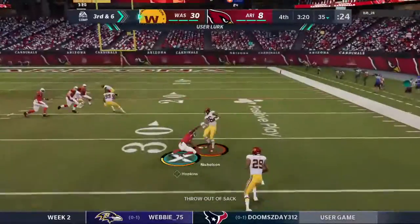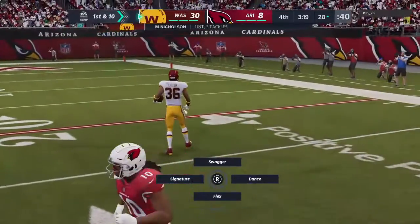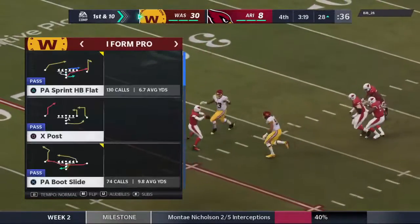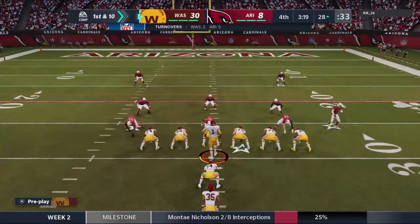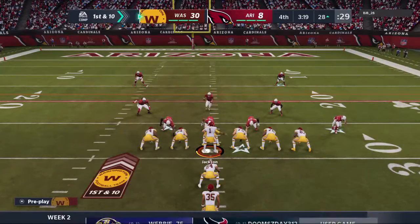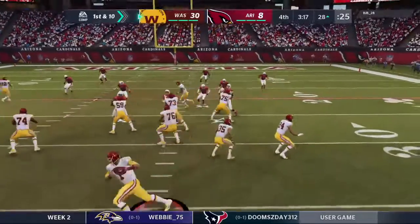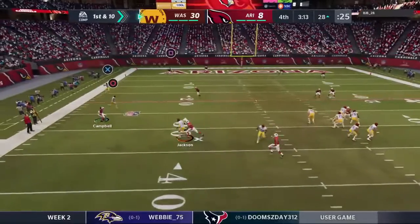Oh, they've intercepted Murray for the 3rd time. Monte Nicholson picks it, and this return is going to be halted right around the 28-yard line. Boy, so another interception, and it feels like he's starting to unravel a little bit. And as you would expect, still a work in progress here in his 2nd season. He has to start ironing out some of these mistakes, though, because now his head coach, his offensive coaches, they have to evaluate whether you keep playing him and let him work through it, or you...